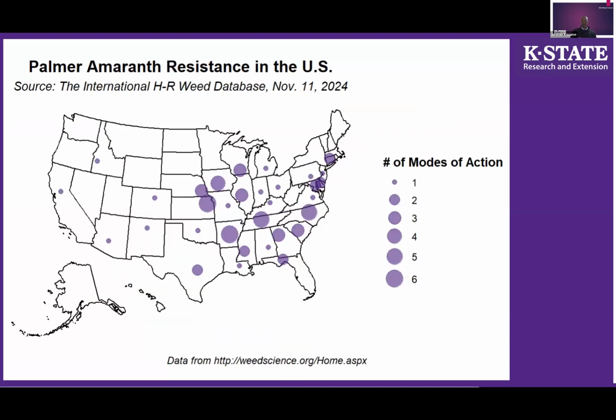I was curious and wanted to map the distribution of Palmer resistance across the country. The number of modes of action to which it was resistant would be between 1 and 6. In Arkansas, we can have more than 6 because of some cases of resistance to group 15 herbicides, such as metolachlor, on which I worked for my PhD, and glufosinate as well. So in Arkansas, Palmer is resistant to more than 6 modes of action. But focusing on Kansas, we see up to 6 modes of action to which Palmer has evolved